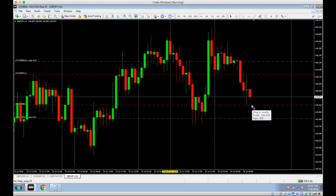So this is basically the London Daybreak session. What you want to do is you can do this on every GBP pair. You want to put it directly after 9 o'clock UK time. You put your trades, and from that moment, when one of the two activates, you delete the other one. And what I would say is that the take profit